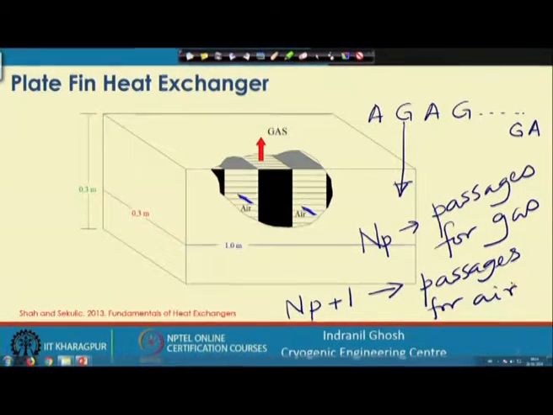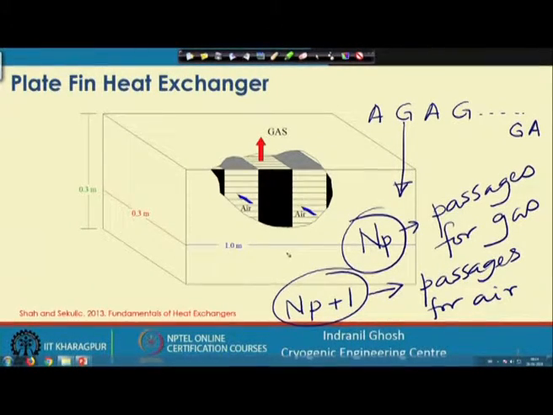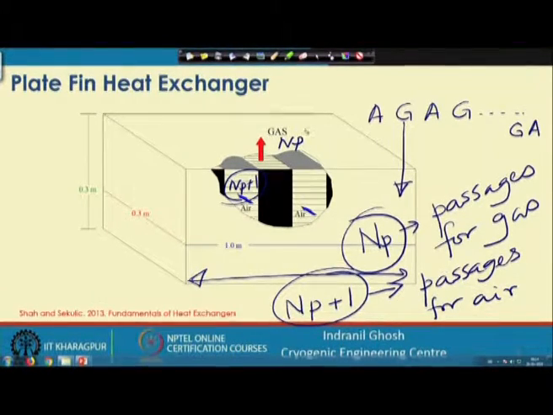So altogether we have Np gas passages and Np plus 1 air passages over this entire length. If we know this Np and Np plus 1, the thickness of each gas layer